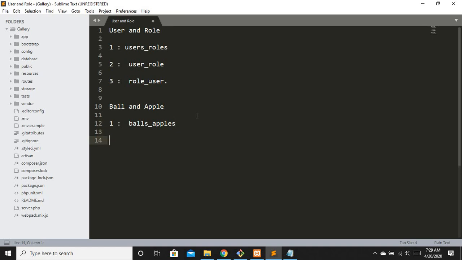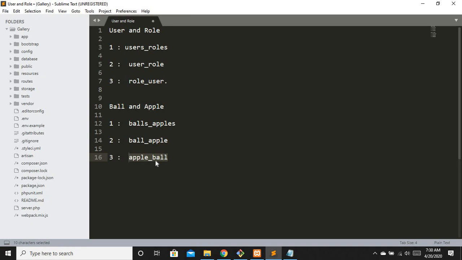The second step is to make them singular: ball_apple. And the third step is to write them in alphabetical order, and we have apple_ball. That's it. This is our pivot table name.